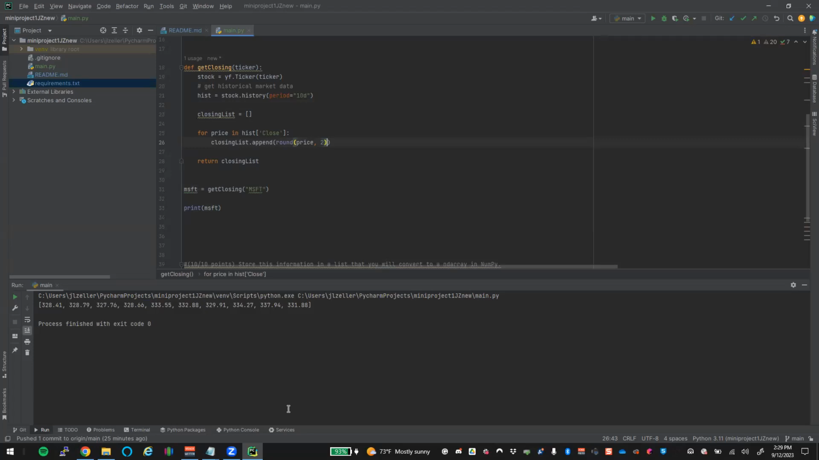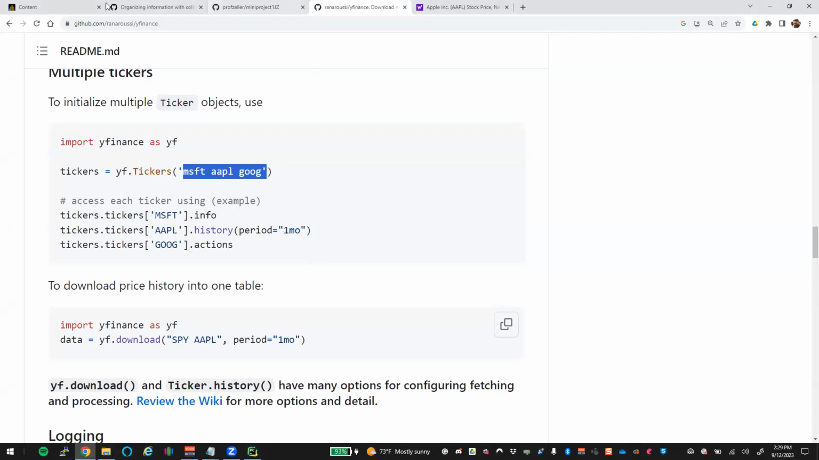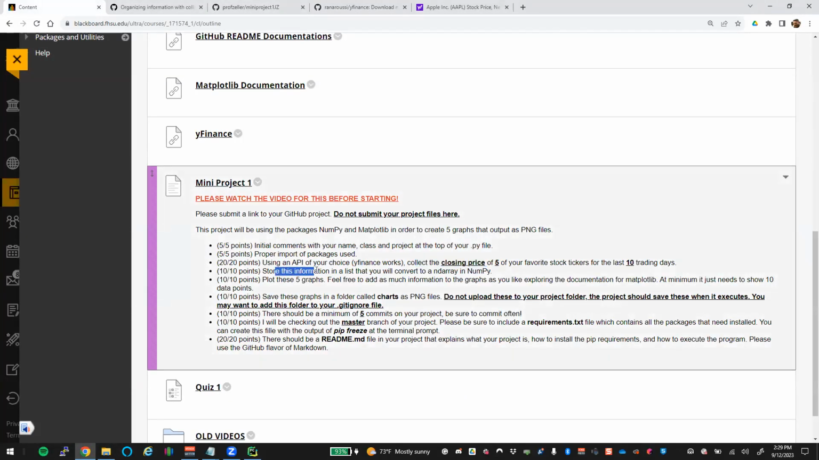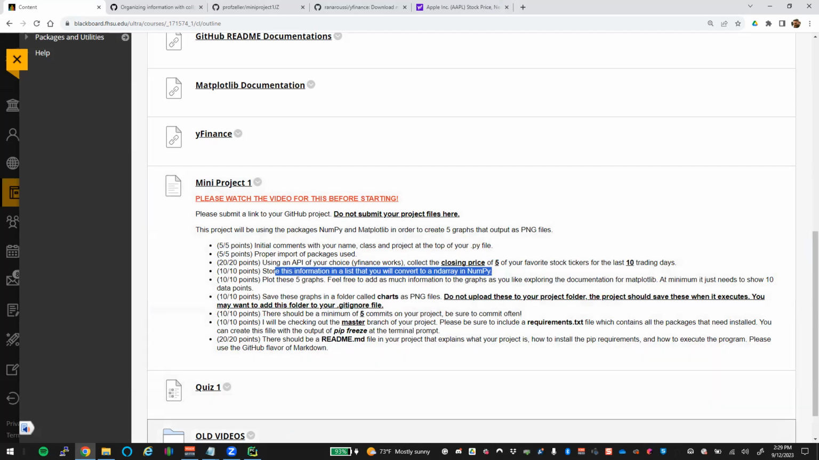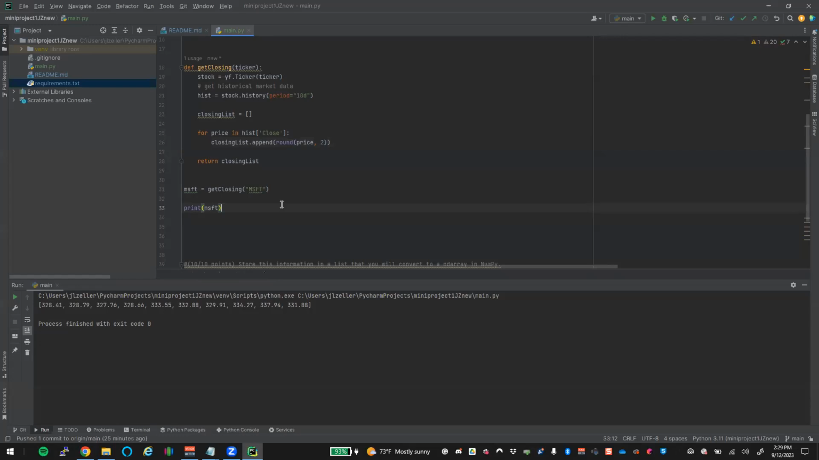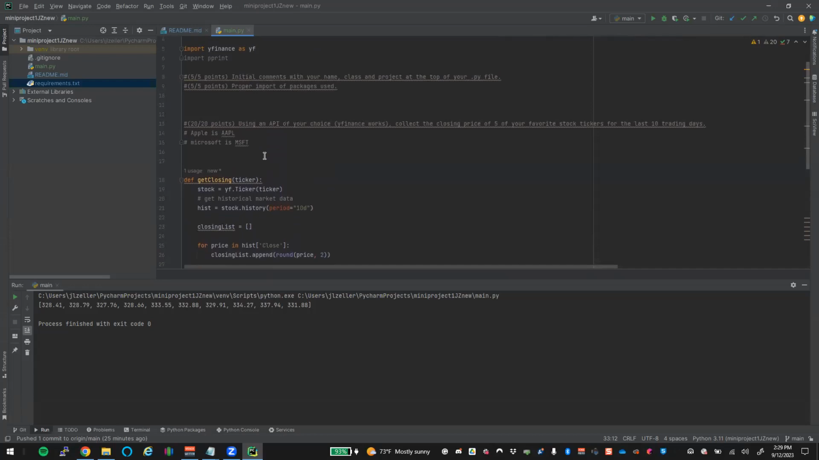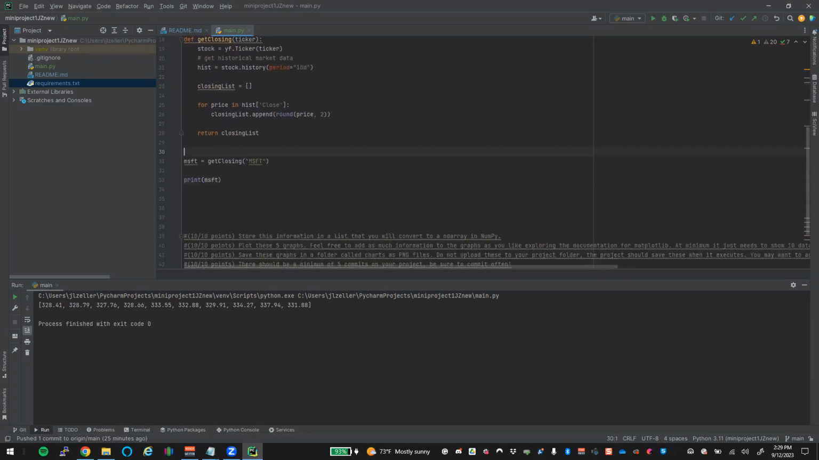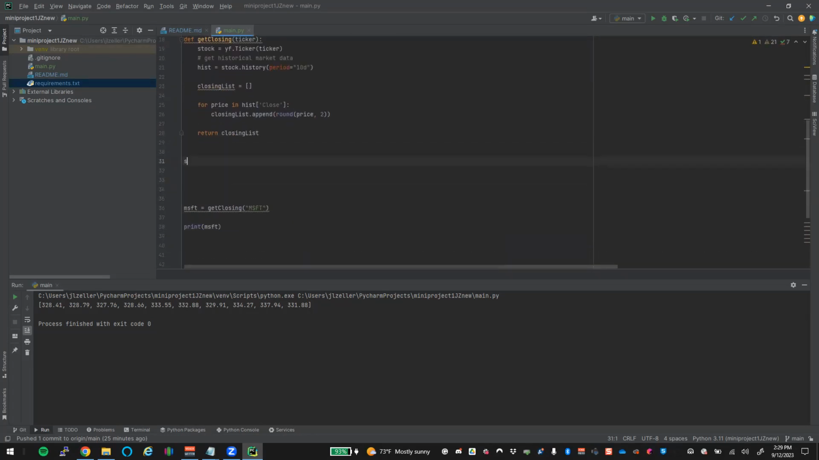Okay, so we have those 10 prices. Let's go back and look at our homework assignment. Store this information in a list that you'll convert into an ND array. We did that. So the only thing we need to do now is go find 5 other stocks, right? That all makes sense? All right. So let's grab 5 more stocks. Like you said, let's create a list of all the stocks that we actually want to play with. So down here, let's do something like stocks equals, we'll create a list that starts with,